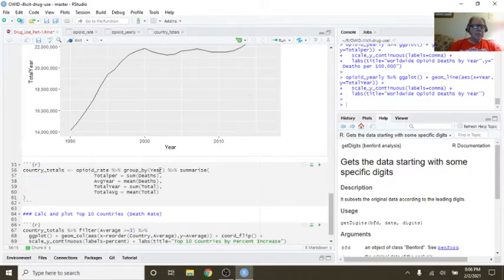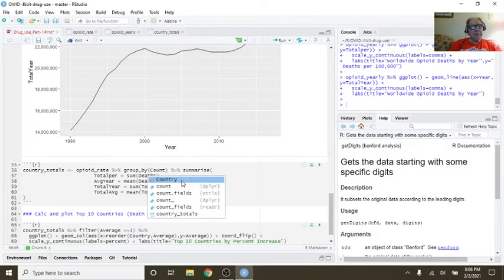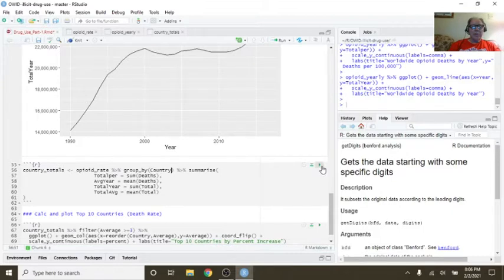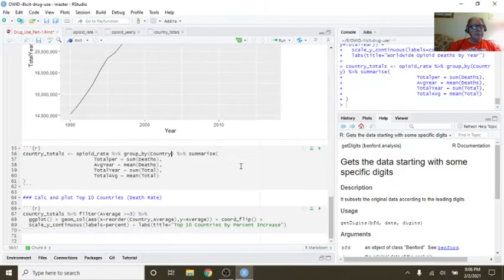Country totals. I wonder if this will work. And it does.